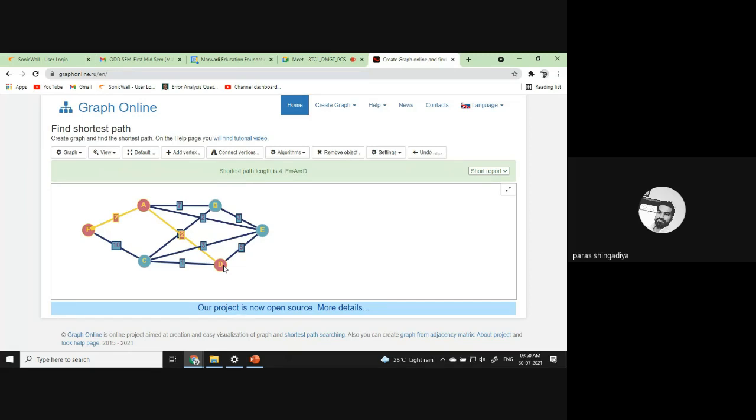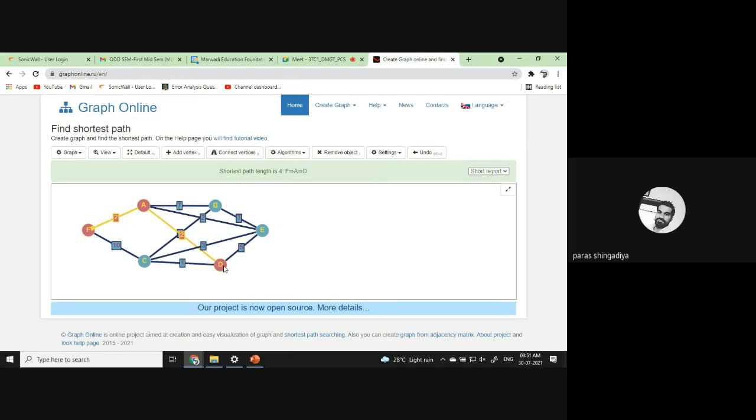If we use this path, F, C, D, the total is 11 kilometers. Comparing this with F, A, B, E, D, what is the total? It is 2 plus 7 plus 3 plus 5, and then you can reach D. So it is a large value compared to 11. And then we will check this one.